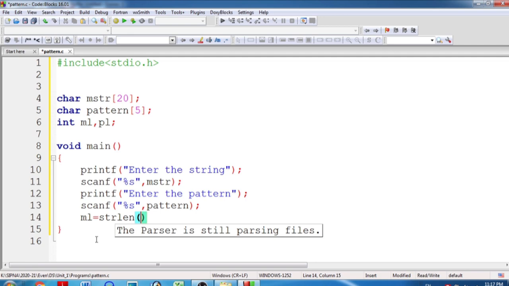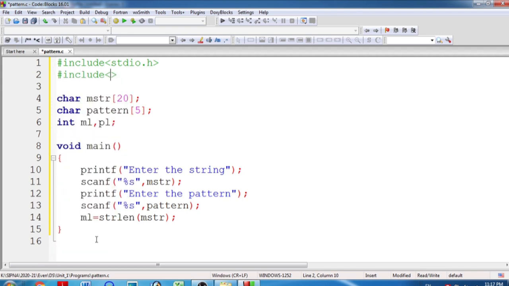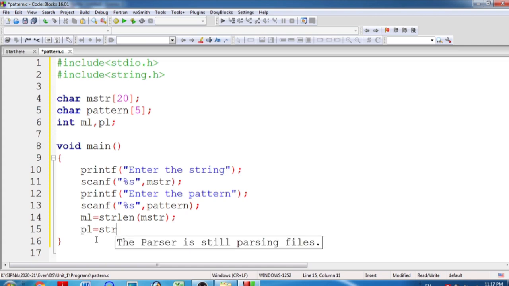Here I will write mstr, so it will find the length and store it into ml. So here it is #include <string.h>. Then I will find the length of the pattern using pl is equal to strlen of pattern. It will return the length of the pattern and store it in pl.